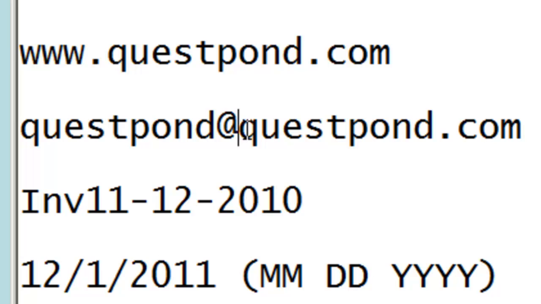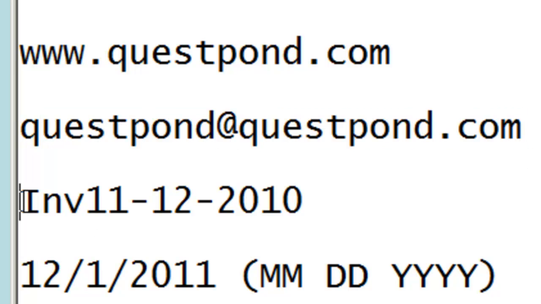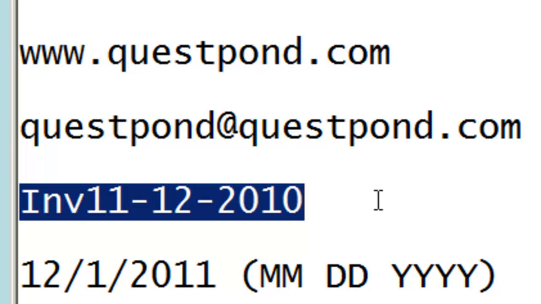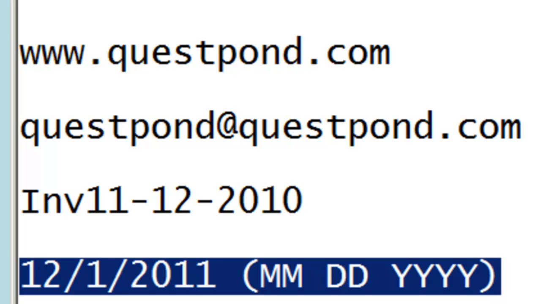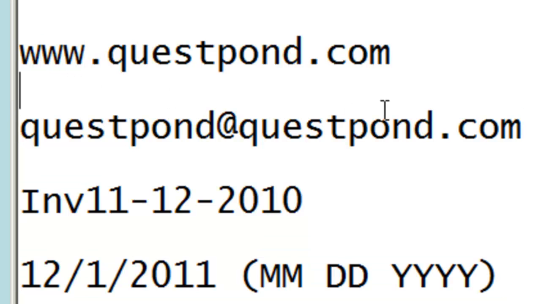In the same way, if you look at an email address, it also has a specific pattern, or it might be some kind of invoice number, which is marked by the date and the year, or even a simple date data type, which has an MMDD format or a YYMMDD format. So every structured data type has a pattern, and regular expression helps us to define these patterns. And once we have defined these patterns, we can then do validations, we can do searching, we can do modifying